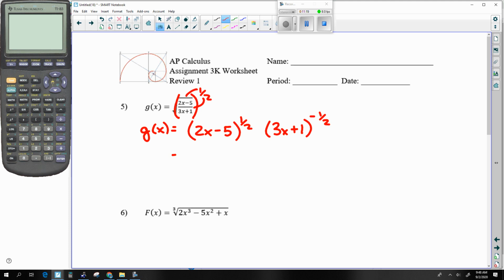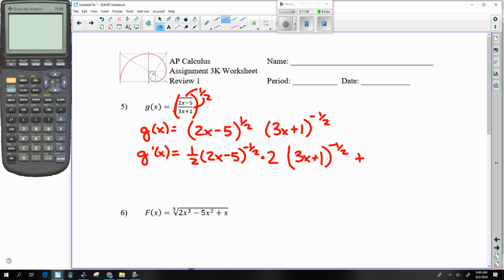All right, so we are going to be taking this derivative, and so I'm going to go u prime. So this is the 2x minus 5 business. So for the u prime, I have to do the chain rule. So that's u prime right there, u prime, v, which means I just leave this 3x plus 1 to the negative 1/2 alone. So that's u prime v